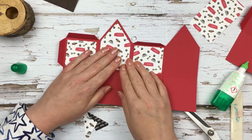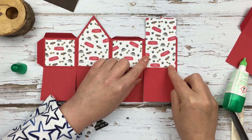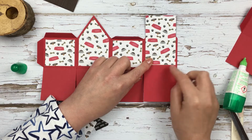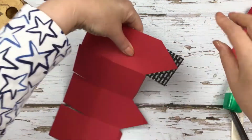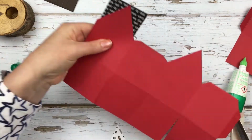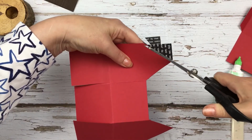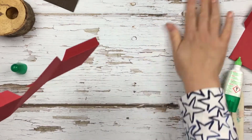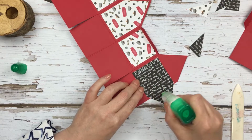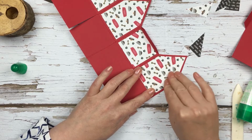Okay, so I will just repeat that just to show you again. So it's got its even border left and right and at the bottom, but then I'm going to move it up so the bottom border is twice the size. Flip this over, and try not to make it go wonky at the same time. Right, hold it like that and just trim that off. Okay,